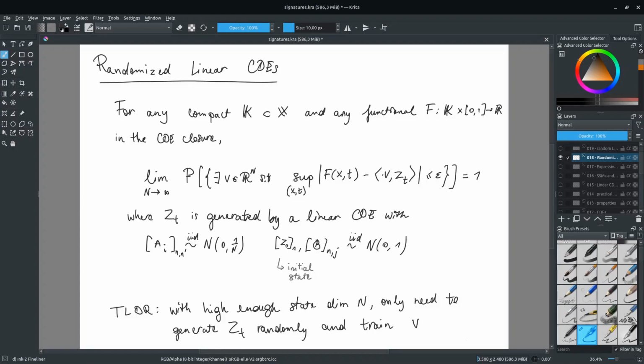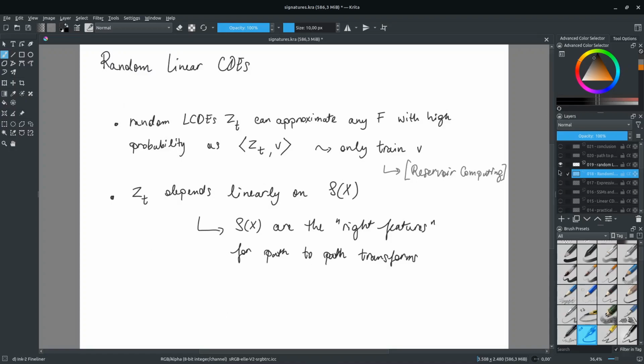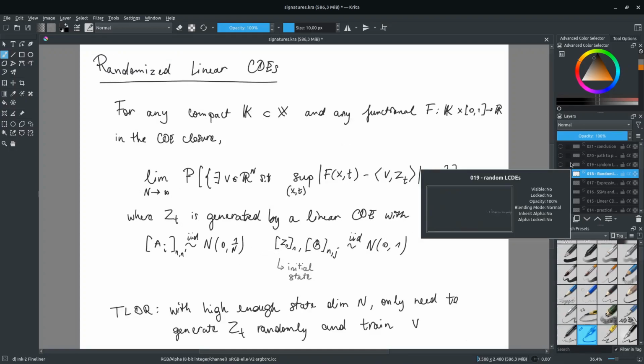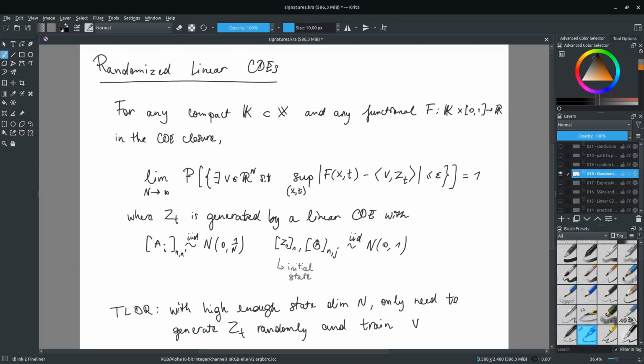Sorry. So this is nice because it means that take a high enough state and you don't even need to optimize the A and B and so on. Only optimize the V, a single vector. So it might feel like either some kind of kernel transform or maybe a reservoir computer, and it's exactly that. It's basically the same thing. But yeah, it's basically a reservoir, and